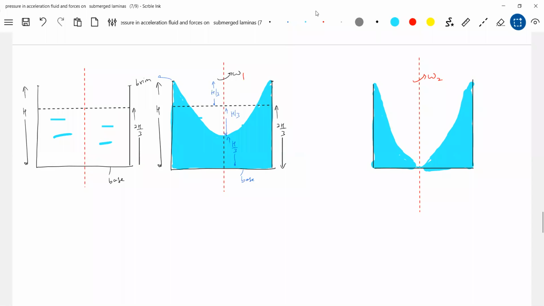What is the volume of liquid? V naught. Now also the same volume, V naught, V1. V1 equal to V naught. About to spill. What about here? The volume of liquid definitely is V2. V2 will be less than V1 or less than V naught. Some liquid will spill out here. Getting some idea? Like this, you continuously increase angular velocity, the liquid starts spilling out. So this is the spilled out liquid.